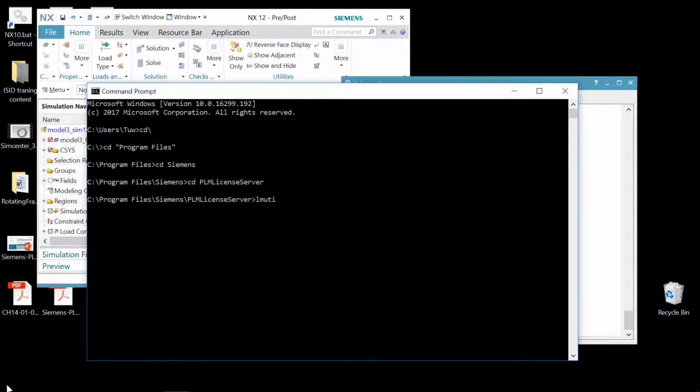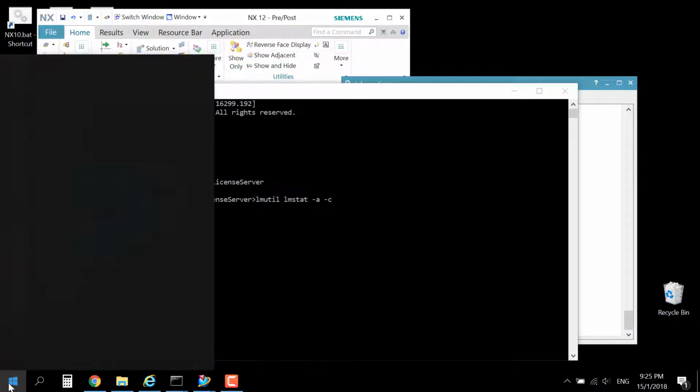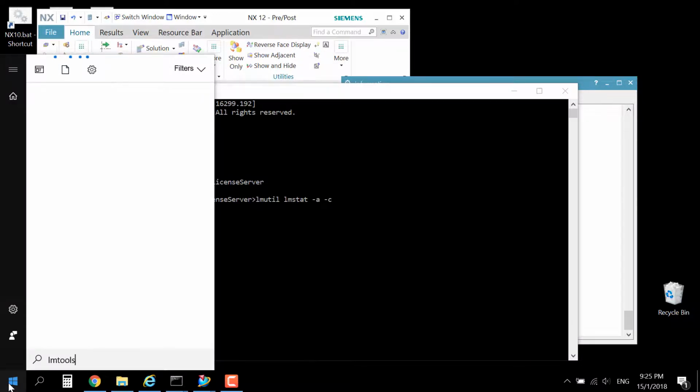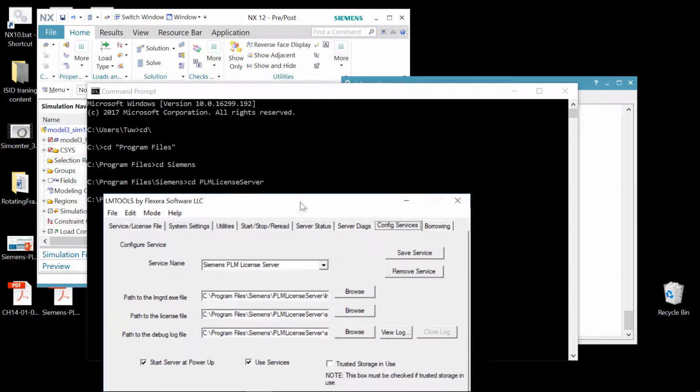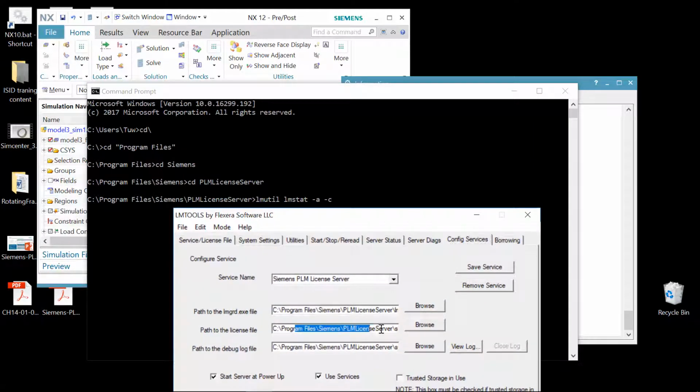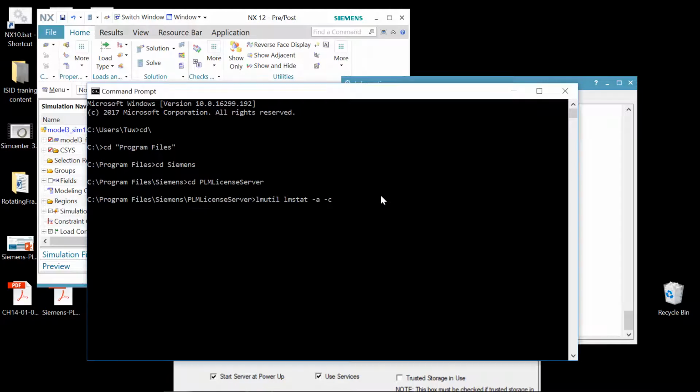Here we will need to type the command called lmutilities, in short lmutil, followed by lmstat or lmstatus. Then we'll need to type -a and -c, which are the options available. Then eventually we'll need to put the license name. In this case, I'm referring to LMTools to know my license file name, which is sprm.lic, and